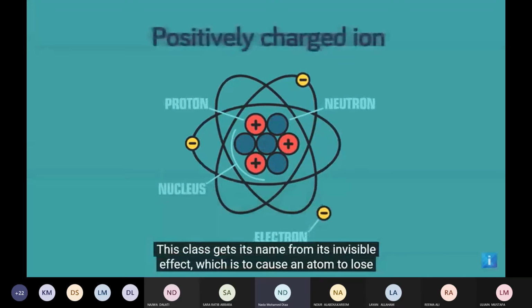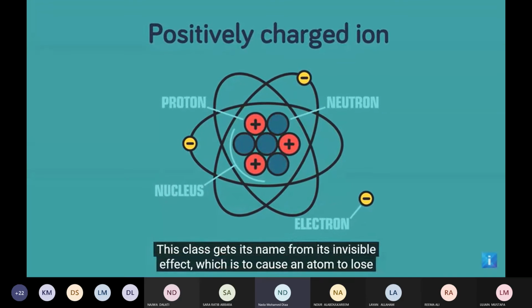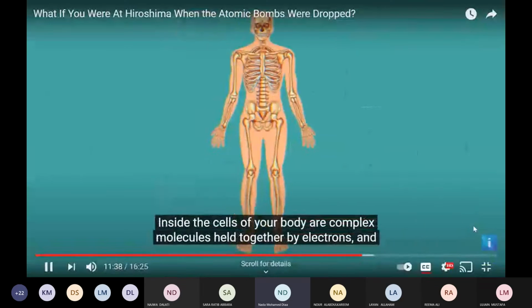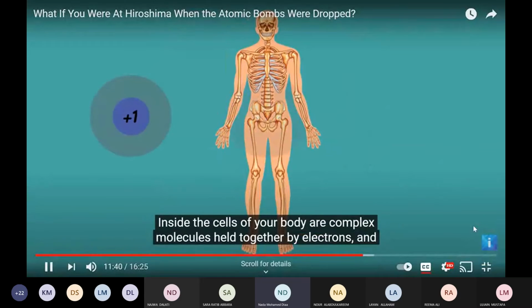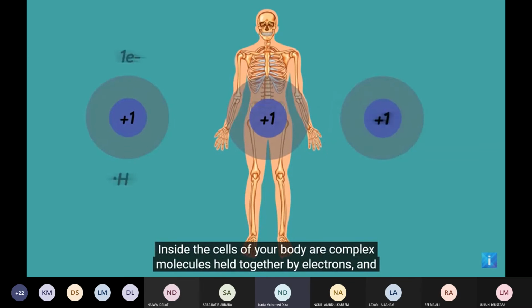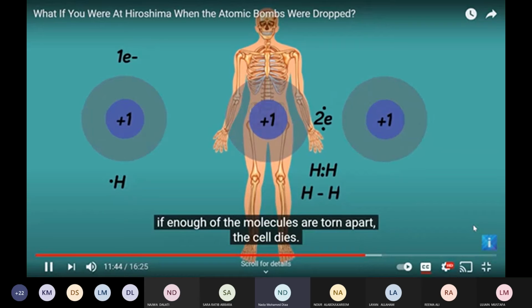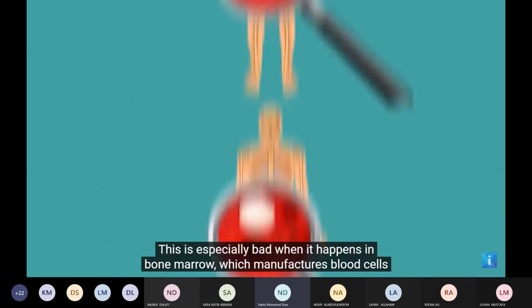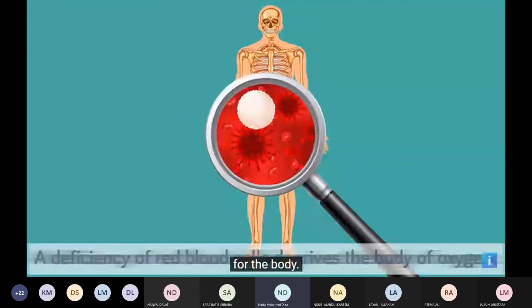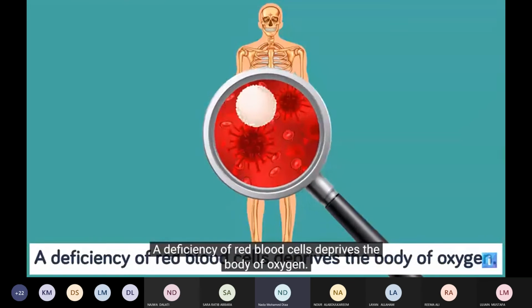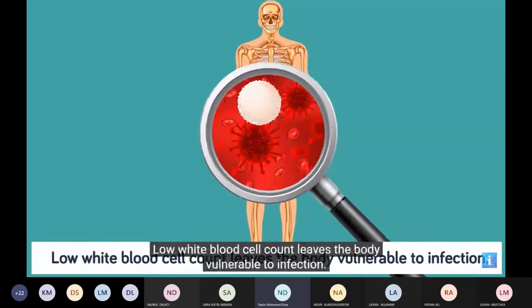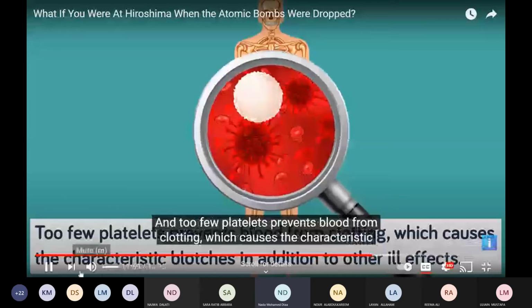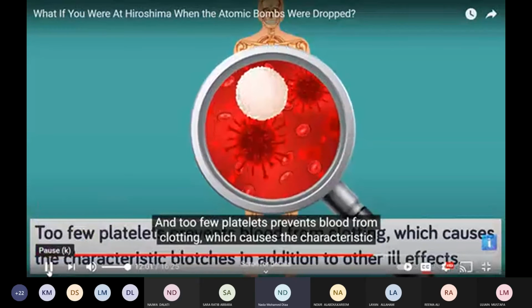This class gets its name from its invisible effect, which is to cause an atom to lose electrons, leaving positively charged ions. Inside the cells of your body are complex molecules held together by electrons, and if enough of the molecules are torn apart, the cell dies. This is especially bad when it happens in bone marrow, which manufactures blood cells for the body. A deficiency of red blood cells deprives the body of oxygen. Low white blood cell count leaves the body vulnerable to infection, and too few platelets prevents blood from clotting, which